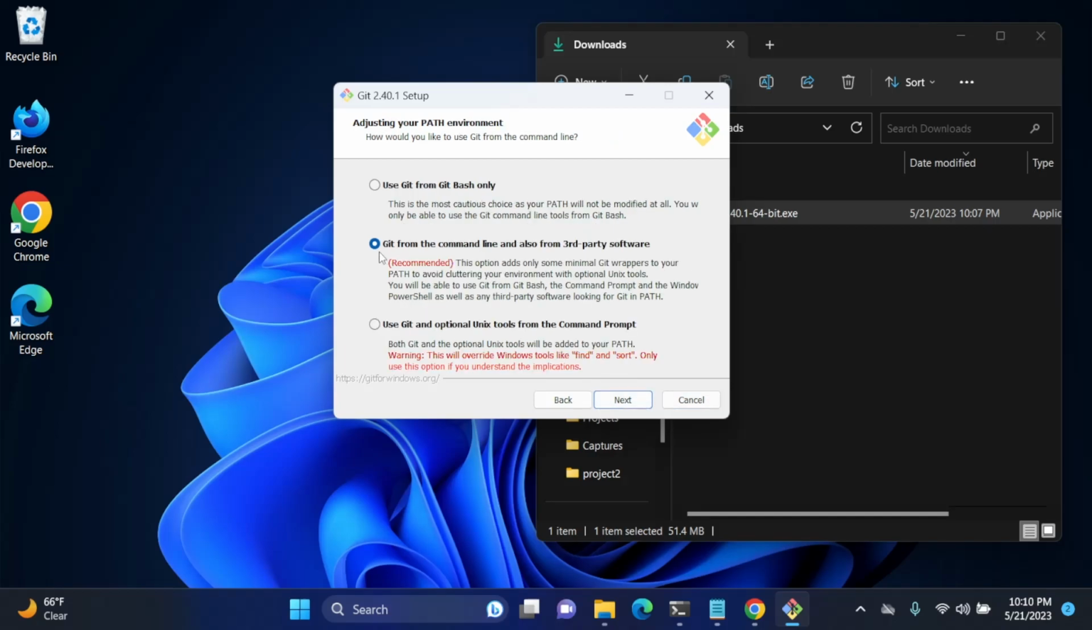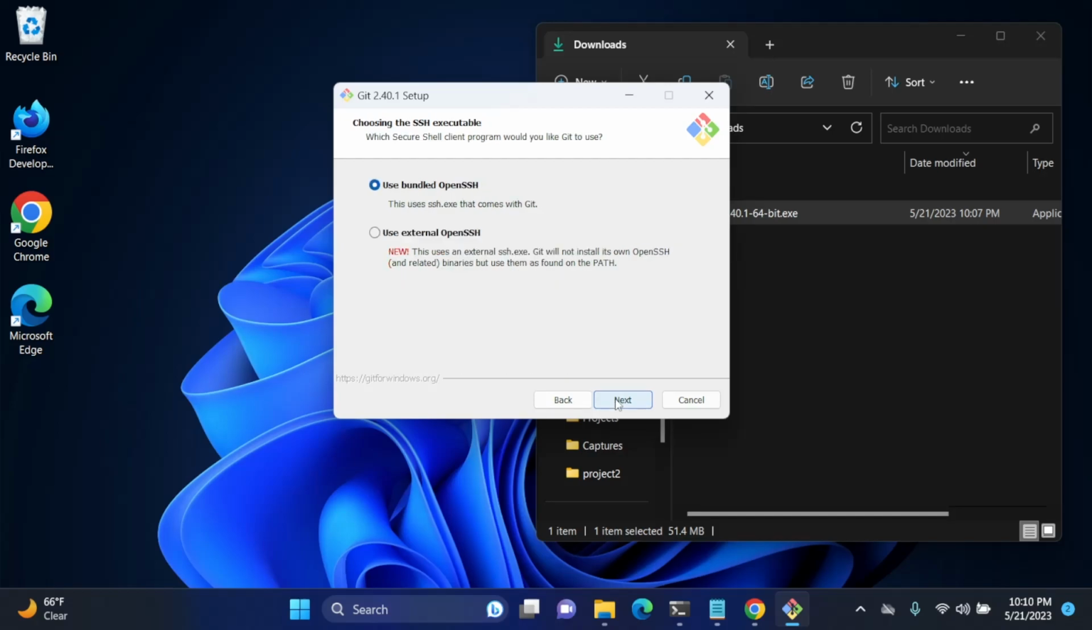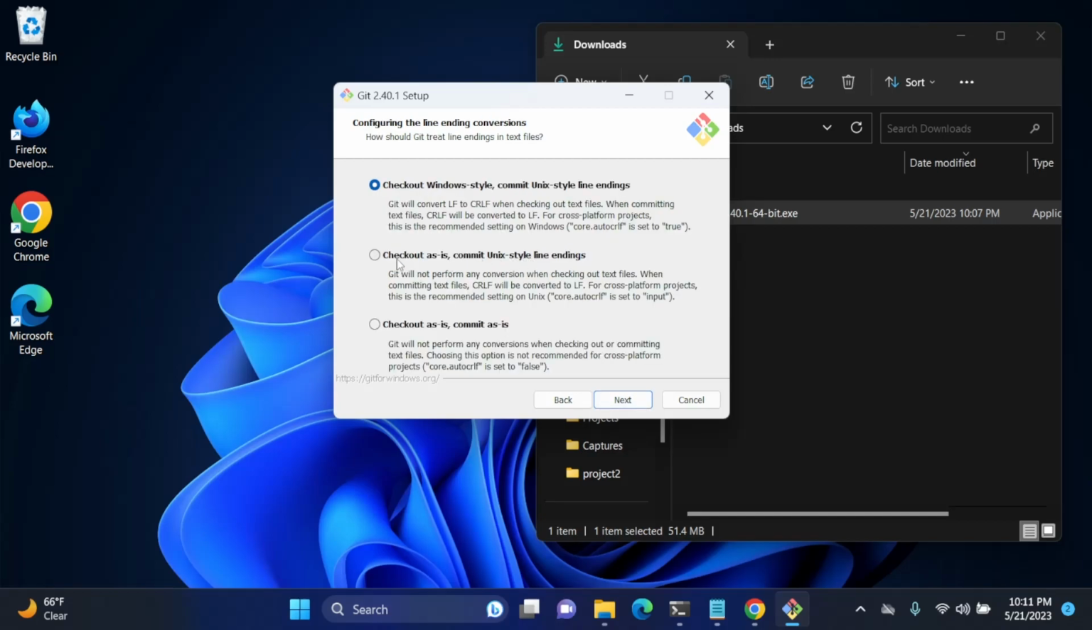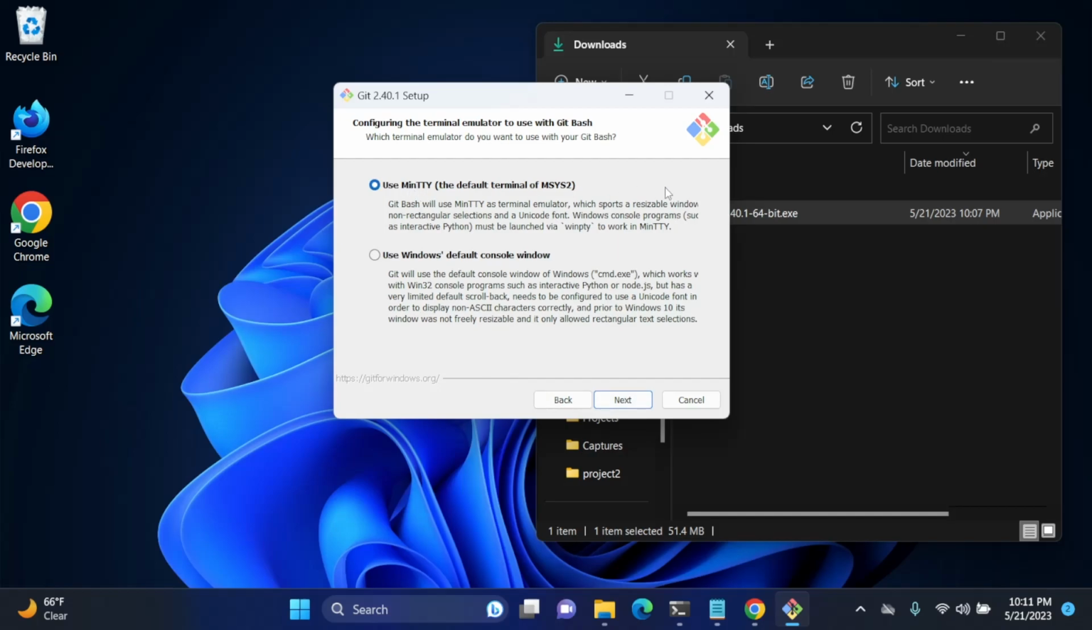Click next. We're going to do the second option, Git from the command line and also from third-party software. Next. The bundled OpenSSH is fine. Next. The OpenSSL library is fine here. Next. We're going to hit the second option here, check out as is, commit Unix-style line endings. That way you don't have any issues and it should fix things automatically for you. And once they're committed that way, you don't generally have the issue reading them back in. Next, we're